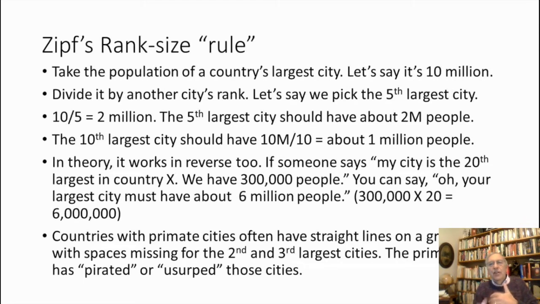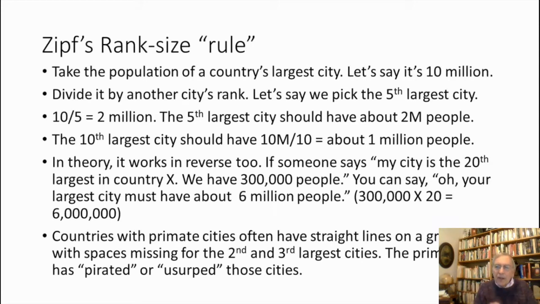What's the size of the 5th largest city? Well, it turns out you divide the 10 million by 5, and it's probably going to be about 2 million. The 5th largest city should have about 2 million people. If your biggest city is 10 million, your 10th largest city should have about 1 million people. It works in reverse too, and you can read that if you want. But somebody says, "Well, the city I come from is the 20th largest city. We have 300,000 people." And you can say, "Oh, okay, 20 times 300,000 is"